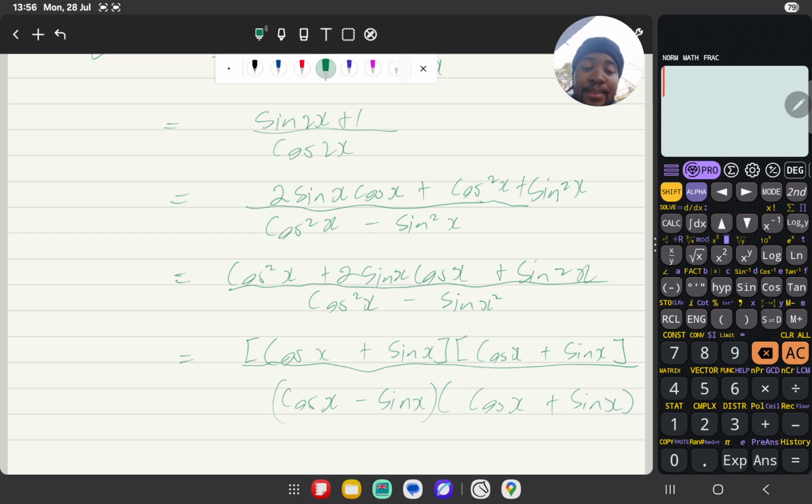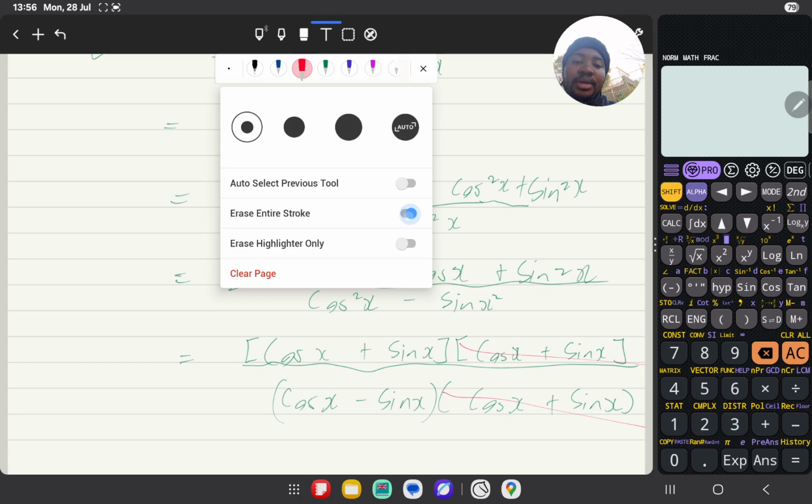What is this saying? This is the difference of 2 squares, that's it. And now something is going to cancel something. This divides this, and now we are left with this. So now that means our solution is going to be